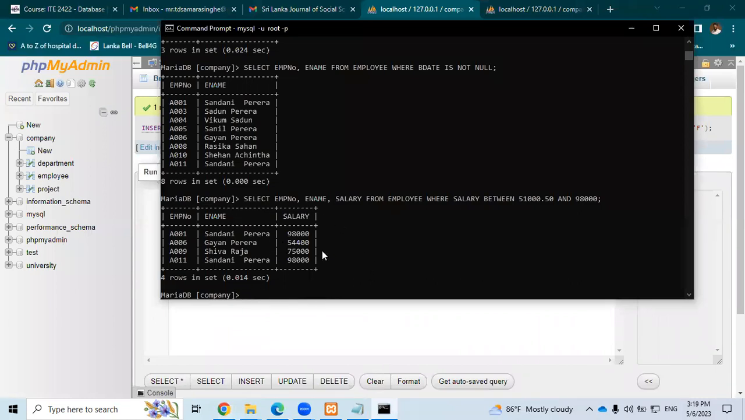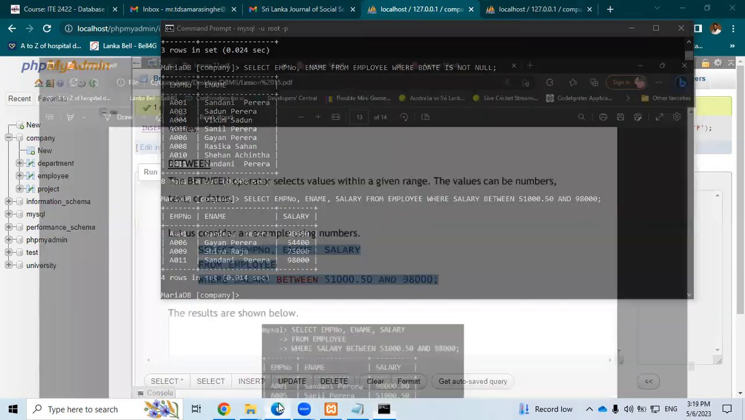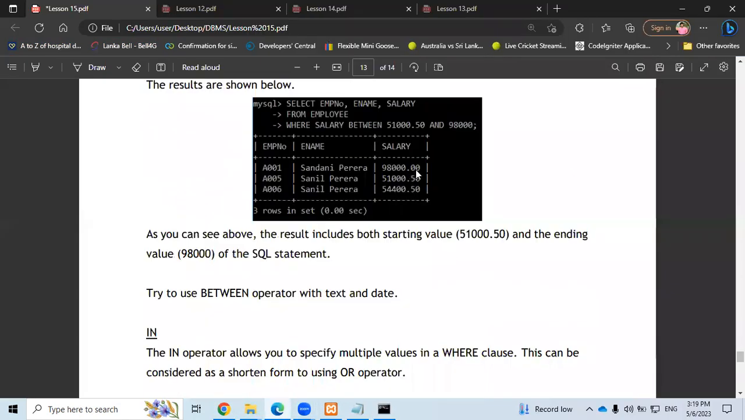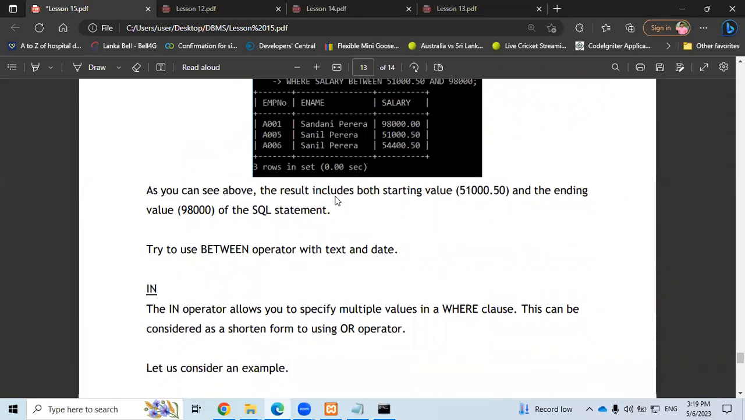So you can see here the employees who earn between 51,000 and 98,000 are being selected, right? Okay. So in between 51,000 and 98,000, 98,000 is also being selected here. So you can see here that as well. See, 98,000 is selected. Okay, so